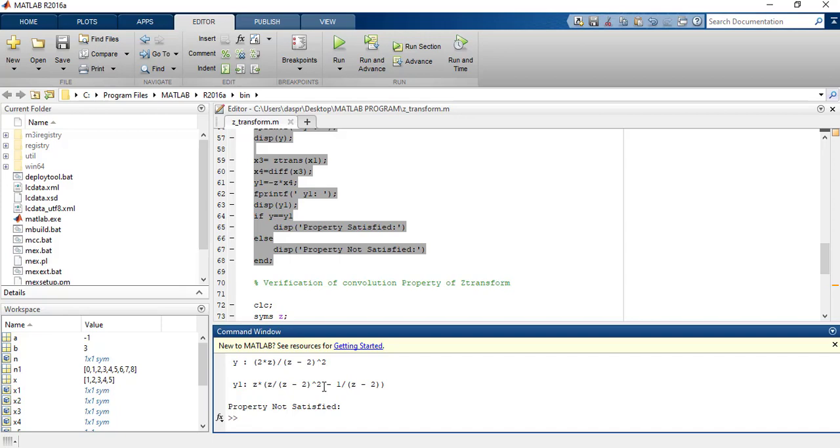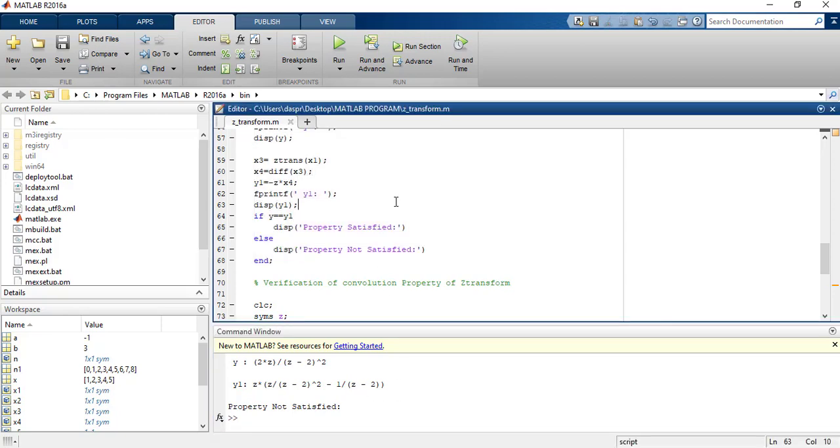That means this part and this part are both the same, but here y1 is shown in a different manner, so MATLAB cannot understand. MATLAB shows that the property is not satisfied, but basically the property is satisfied. So when you check this type of problem, you can neglect this part: put a percent sign here so that this line behaves like a comment line and MATLAB doesn't read it.